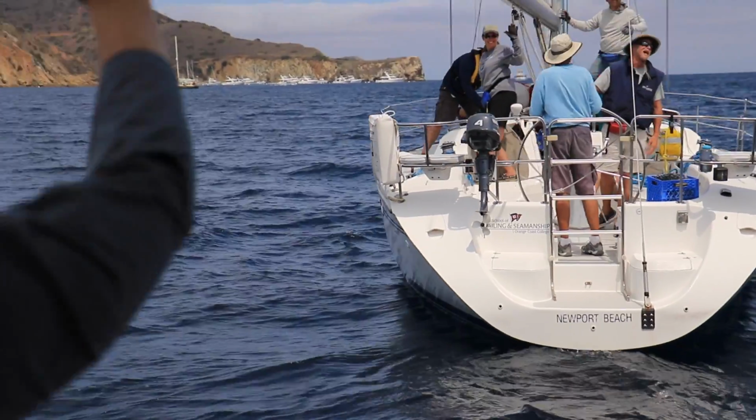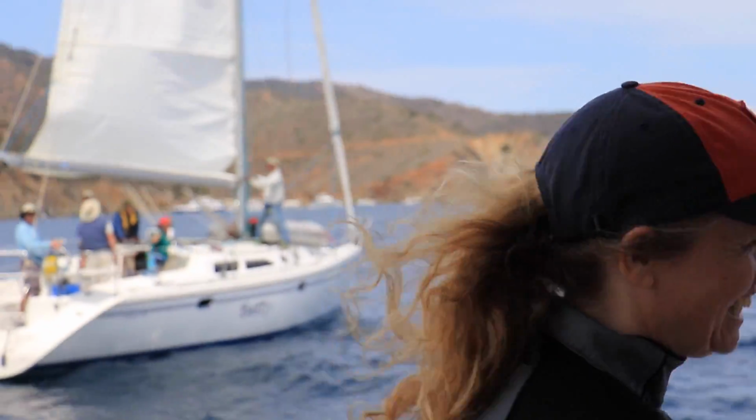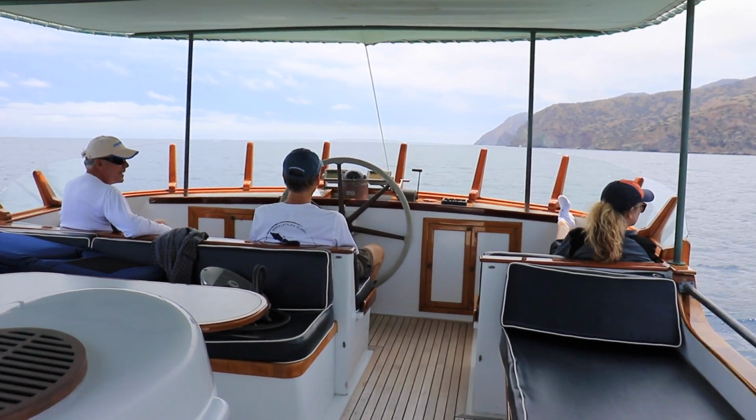Brad's the director of the School of Sailing and Seamanship at Orange Coast College. That's Betty, one of their sail training vessels. We're at Empire Landing, and then we'll...